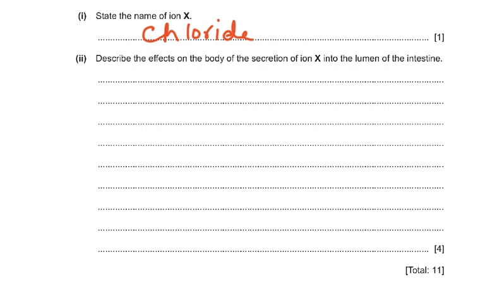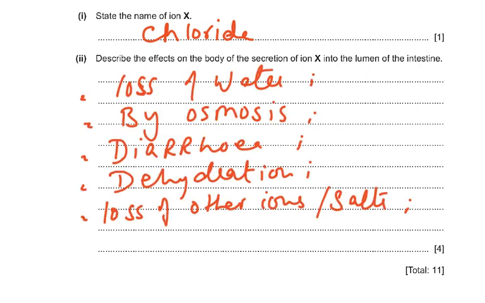And if this person is going to be frequently passing watery feces, then he is going to get dehydrated unless we put up a drip and put in all the water, because sometimes there's also vomiting associated. So vomiting and diarrhea both will result in an extreme water loss and the body can get dehydrated. So again, wording it, loss of water by osmosis, or you can say down the water potential gradient, is the same thing. If you said osmosis or down the water potential gradient,